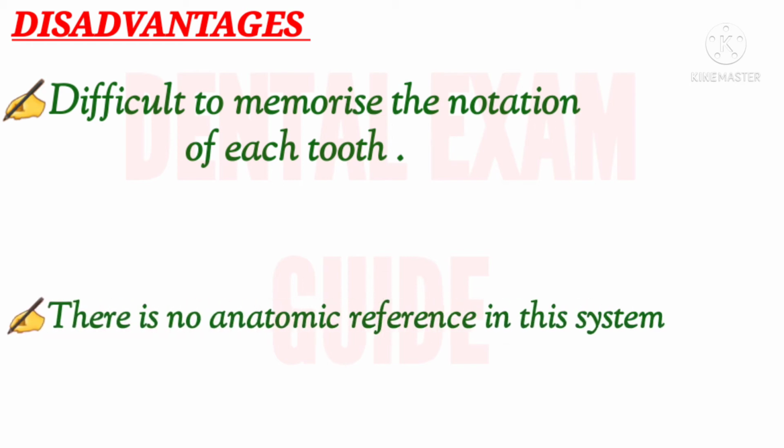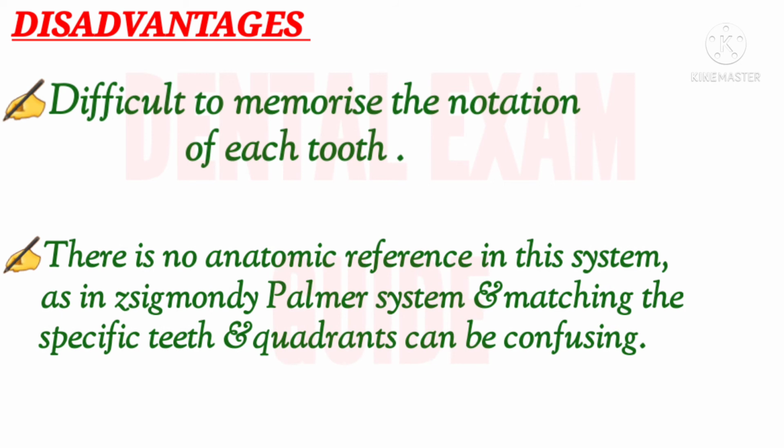Another disadvantage is that it does not consider jaw quadrants clearly, and similar teeth in different quadrants are given different numerals, and there is no relationship between the numbers given for similar teeth in different quadrants. So we can say there is no anatomic reference in the system, and matching a specific tooth and the quadrant can be confusing. That means with only a single number or letter given for each tooth, we can't get